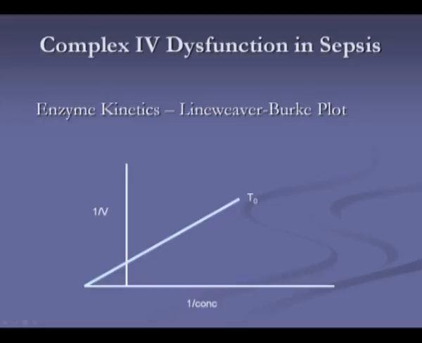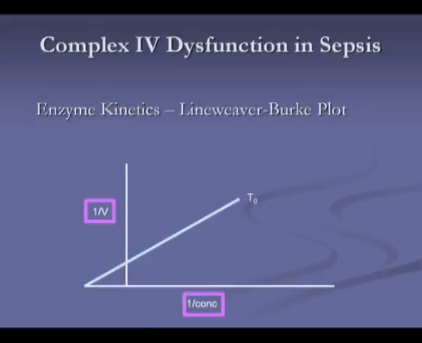Now, in looking at enzyme kinetics, the easiest way to look at them, the most beneficial way, is with the so-called Lineweaver-Burk plot, which is essentially an inverse plot of the velocity of the response over 1 over the concentration. So you would measure velocity at any given concentration of cytochrome C. And again, it's important to say that this is cytochrome C. That's the variable substrate, not oxygen, but cytochrome C. And do these measurements, do the inverse plot.